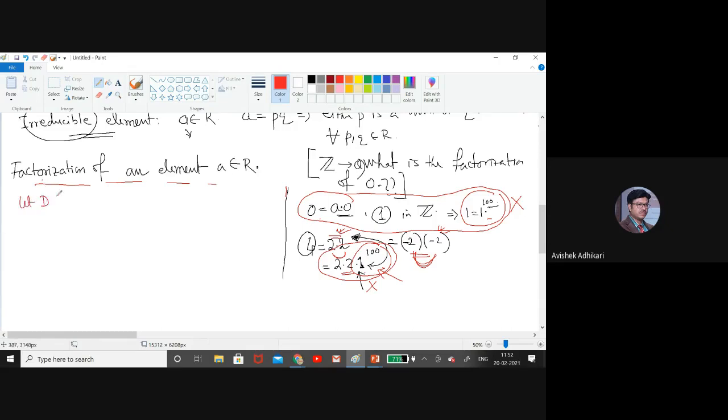So let D be an integral domain, a non-zero non-unit element A of D is said to have a factorization